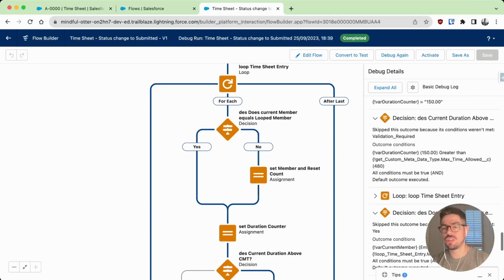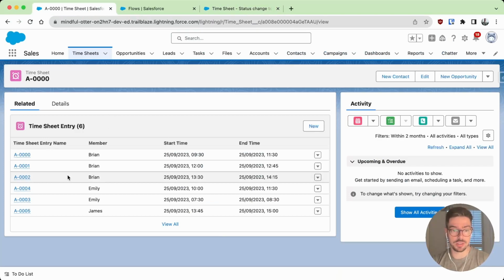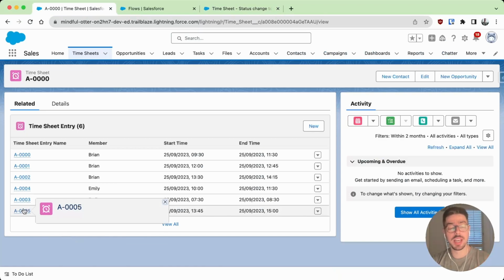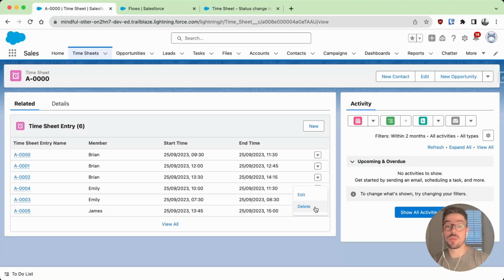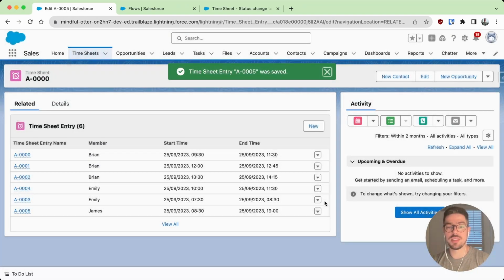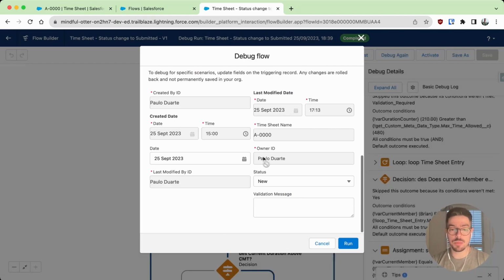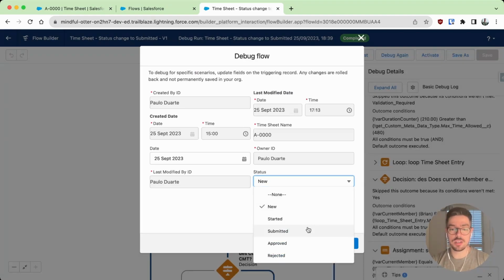So in order to check to see if it's really working, what we should really do is I'll take one of these records here. Let's say I'll take James, because James is the last record that will be looped in our flow. And what I'm going to do is change the start and end time to exceed our custom metadata value. So here, hopefully this time will exceed our custom metadata value. And then I'm going to debug this again, select the same record, select our trigger here to submit it,